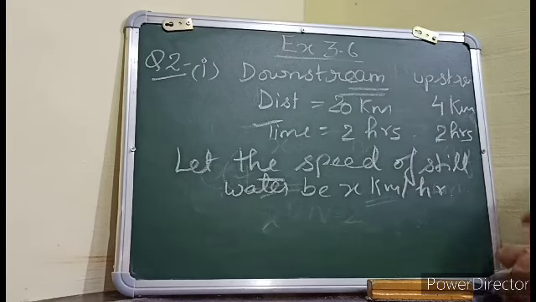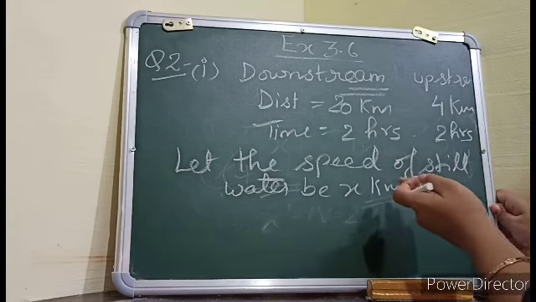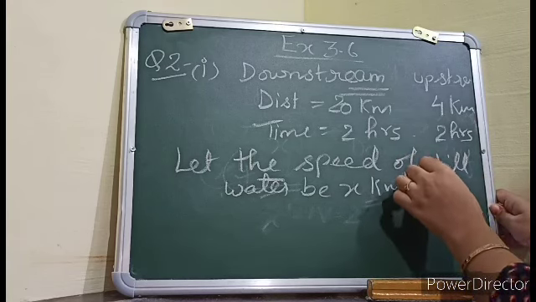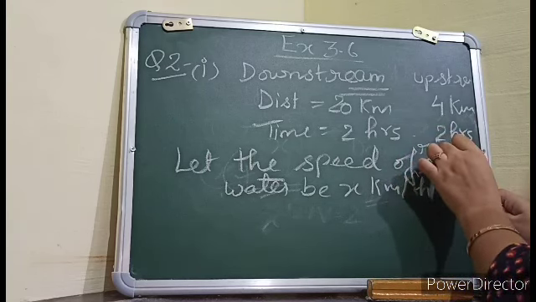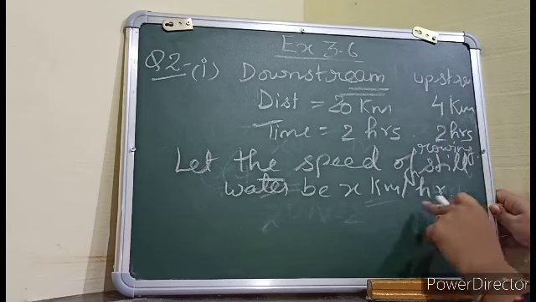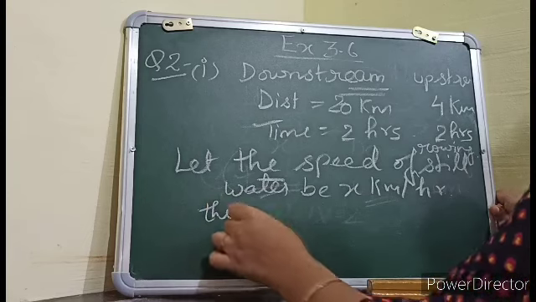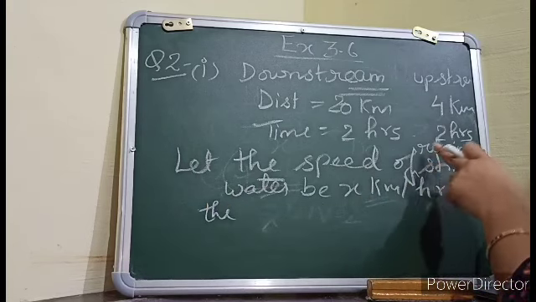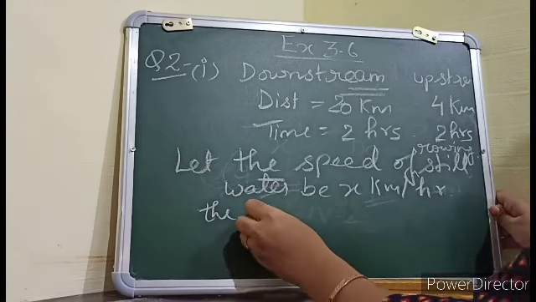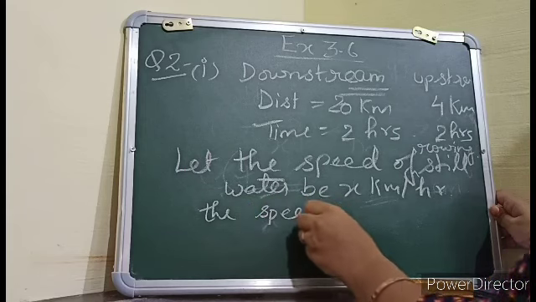Speed of still water means if water is still, then the speed will be 0. Speed of rowing in still water means when she is rowing in still water, her own speed, that is x kilometer per hour. And this is the speed of the boat, because it is the speed of rowing in still water, and the speed of current